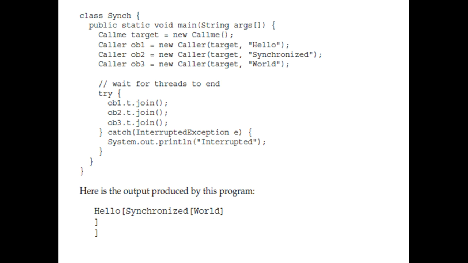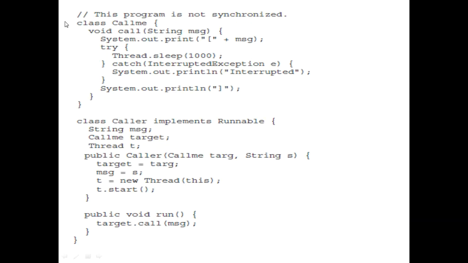So now if you want to avoid this, what we have to do is, for this call method, where you want to display a message between a pair of square brackets, you have to make this method synchronized. If you make this method synchronized, until it completes all the tasks of that thread, the control will not jump to another thread. Based on that, you will get a message displayed between the pair of square brackets. So here, for this call method, we have to add the keyword synchronized.